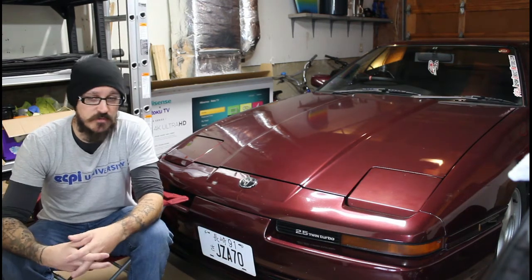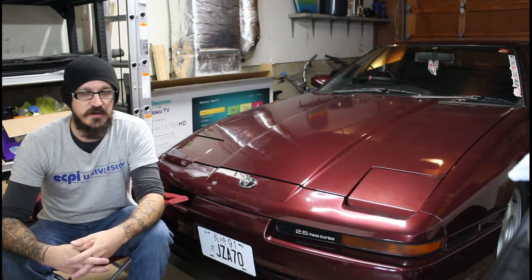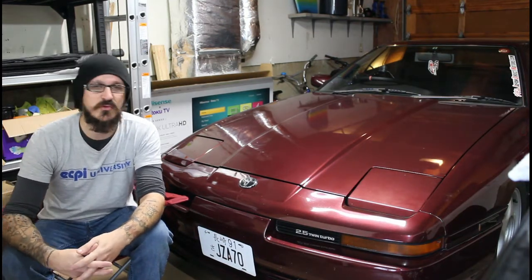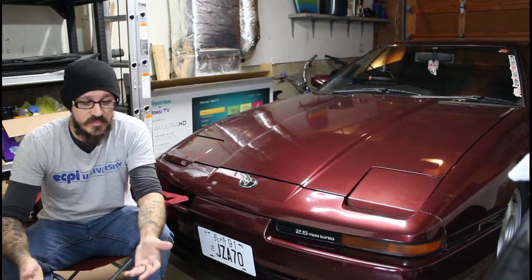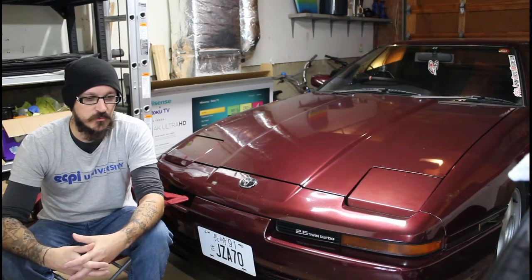And I actually had a Mark III many years ago. It was a USDM, so it was an MA70 left-hand drive, and it was a great car. It was a lot of fun, 7M, but it was really underpowered, right? So I tinkered with it, and I played with it, and I modified it the best that I could, and then we had a kid, and I sold it, got something bigger, and then we moved, and life happened as life happens. Fast forward 10 years, and I told my wife, I want to get a new car,